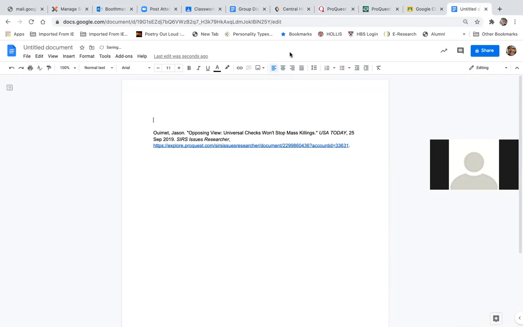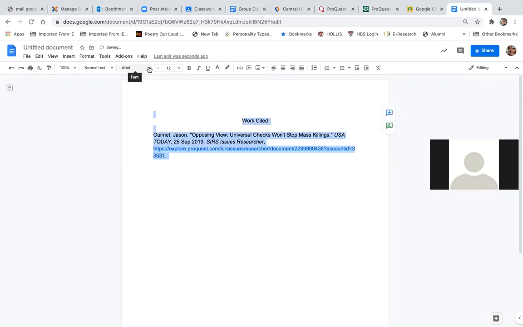Okay, so I center it, I write Works Cited, and then I would do that with all my sources and put them in alphabetical order. Make sure that the default is Arial 11, but Times New Roman is the font that they use on the Modern Language Association website, so that's what you use for your papers. And now you could go back. I'm going to click works cited here. When I click this, it'll make a works cited. And then I'm going to put your name there because I'm going to send this to you.